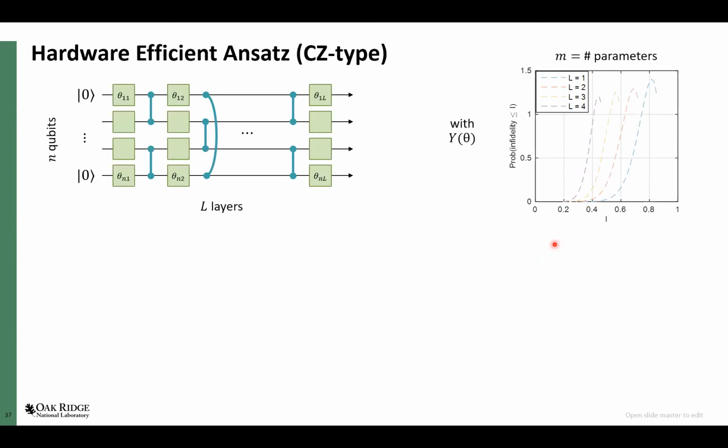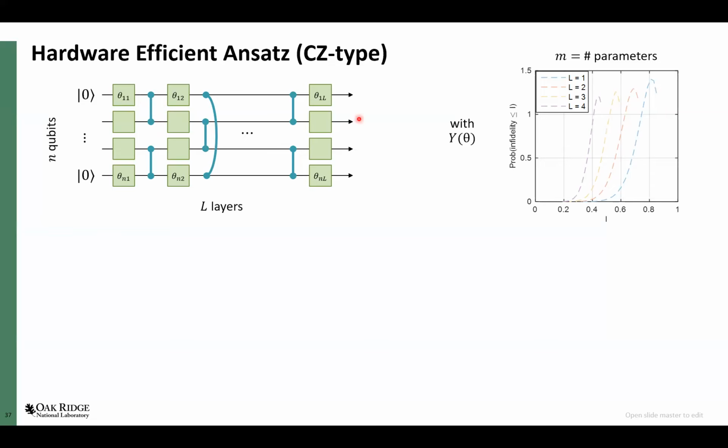All right. Lastly, I looked at a hardware efficient ansatz. There are various notions of what this means, but for this study, the model was we have n qubits that start in the 0 state, and then we apply alternating rounds of 1 qubit rotations and entangling gates. And for this study, the entangling gates are controlled Z gates. They're always nearest neighbor, but we alternate between even-to-odd connections versus odd-to-even, so to speak. And then we repeat this some number of times.